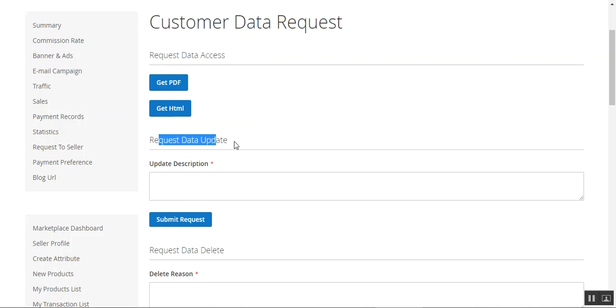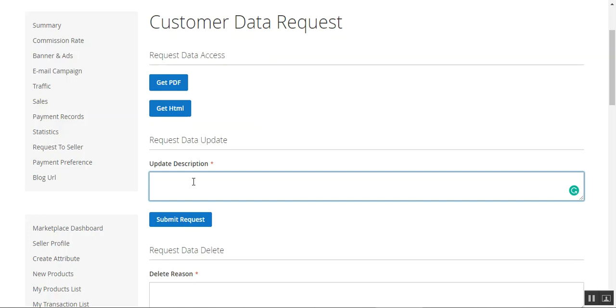Then we have the request data update. So here the customer can update the description by entering, basically here the customer can ask the admin to update the data. So for example, if we want to update our account information within which we want to change the surname or the last name, so we can enter the description for that particular update that we want the admin to make within our account panel. So for example, if I type in